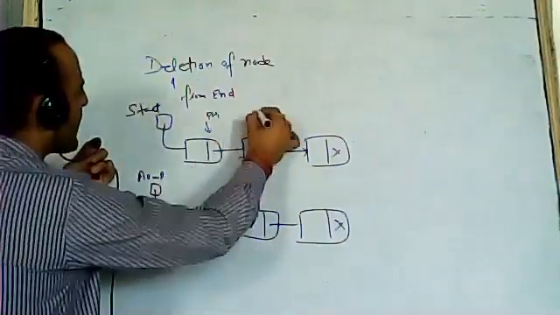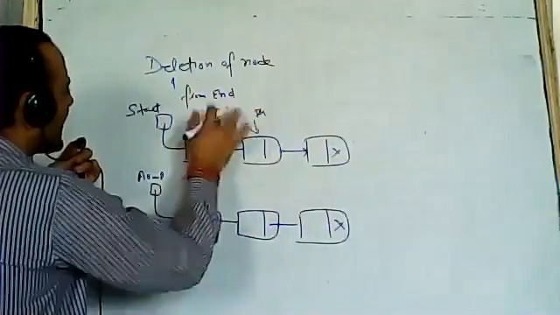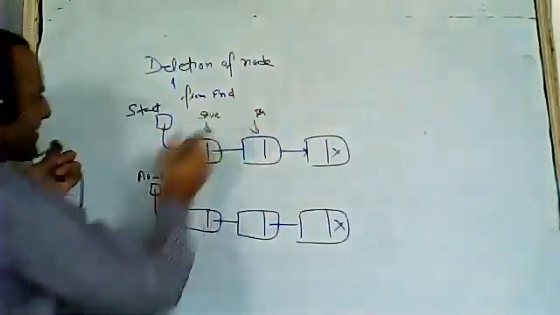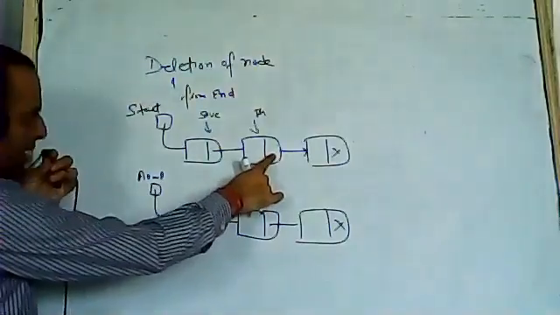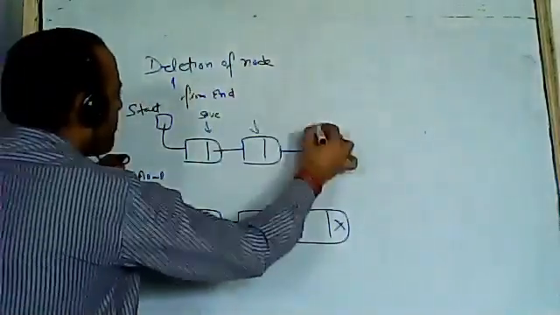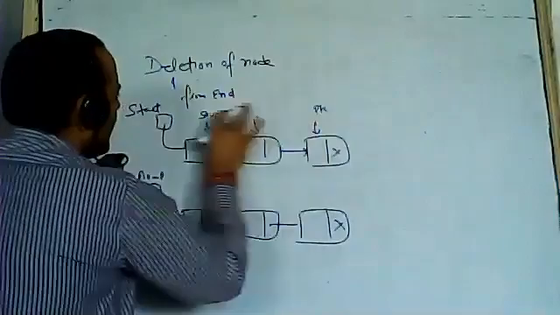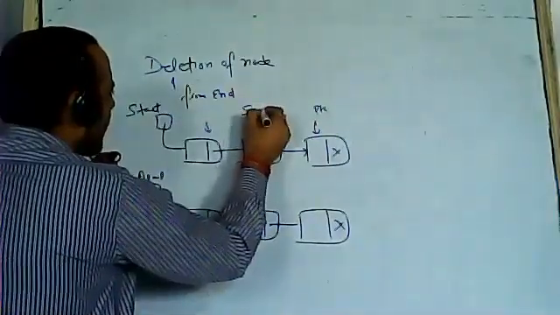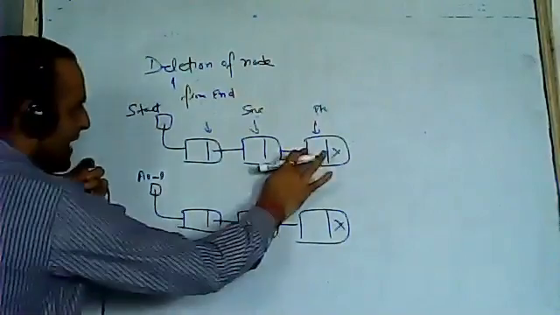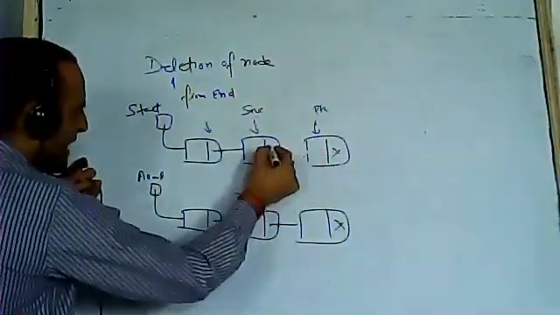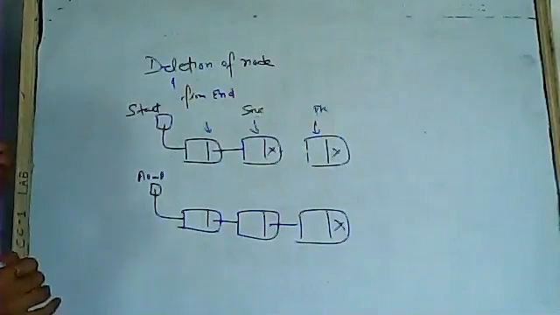So the pointer will come here. This will be my previous concept again: save node. Is this link null? No, sir. So the pointer will come here and save will come here. Is this link null? Yes, sir. So what do I have to do? I have to set the link of save to null. Set save's link to null. Yes, sir.